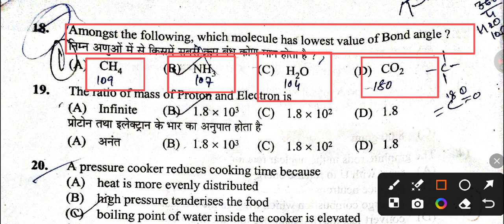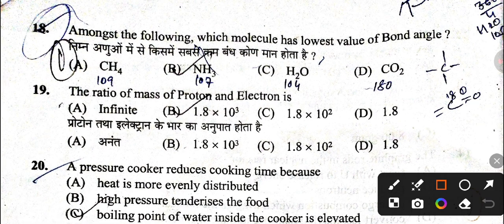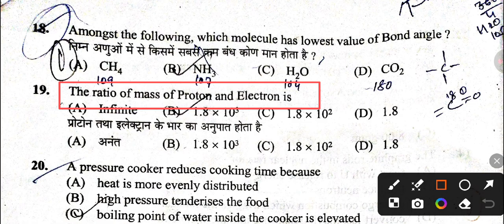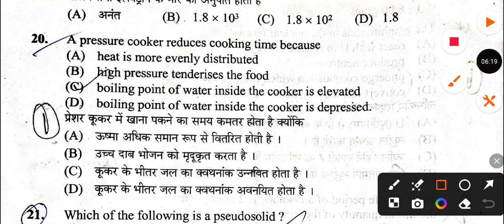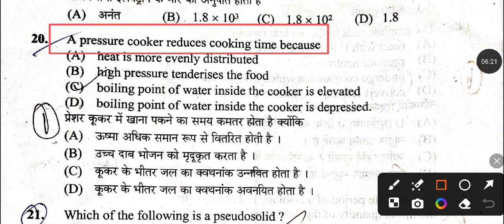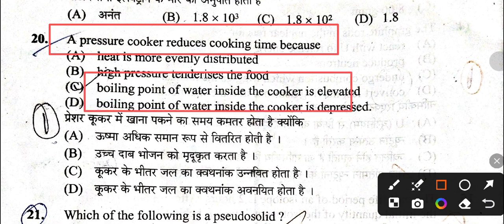Next question, the ratio of mass of proton and electron is 1.8 into 10 raised to the power 3. Next, a pressure cooker reduces cooking time because the boiling point of water inside the cooker is elevated. Elevate का मतलब increase हो जाता है, boiling point 100 से ऊपर चला जाएगा, उसके कारण easily वो cooking हो